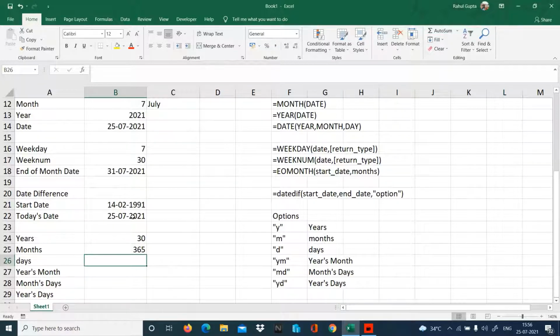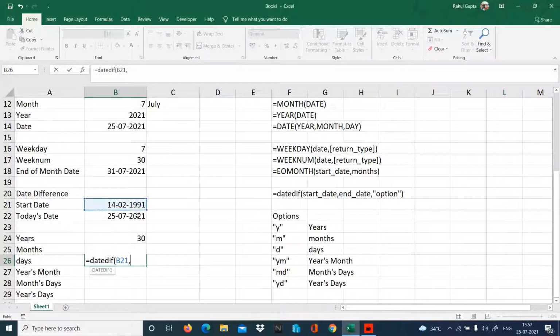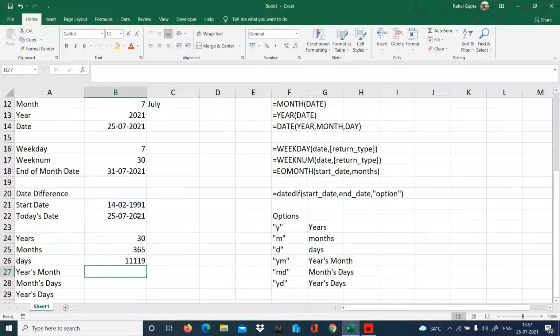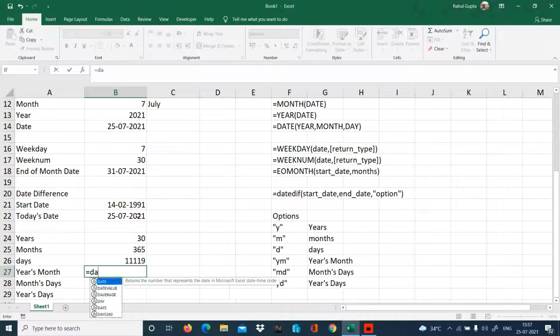Is equal to DATEDIF, d. Total number of days: 11,119 days. So that's what we have to see: if I have to say in years it's 30, if I have to say in months it's 365, if I have to say in days it's 11,190.